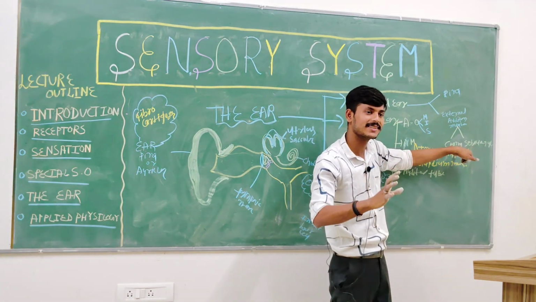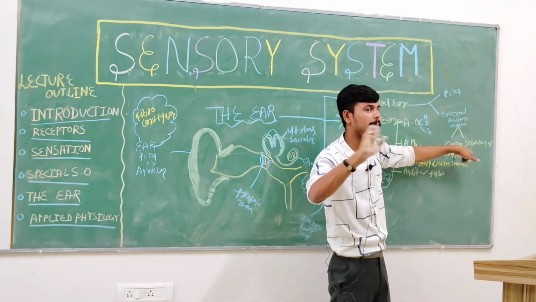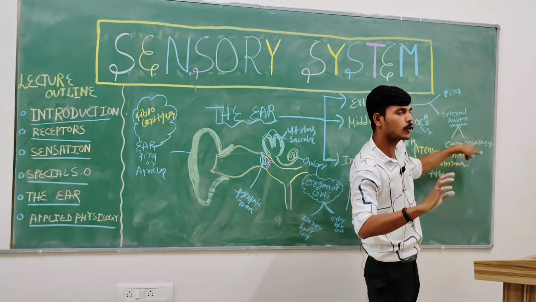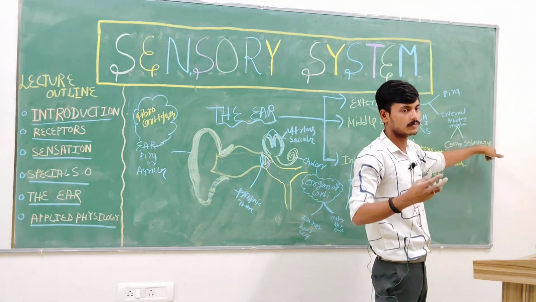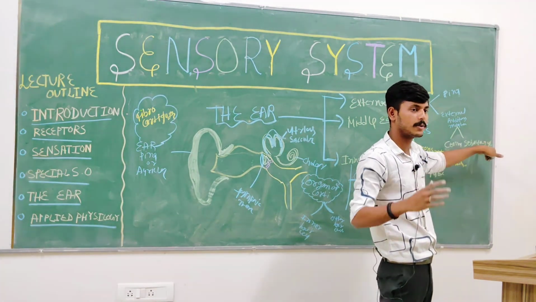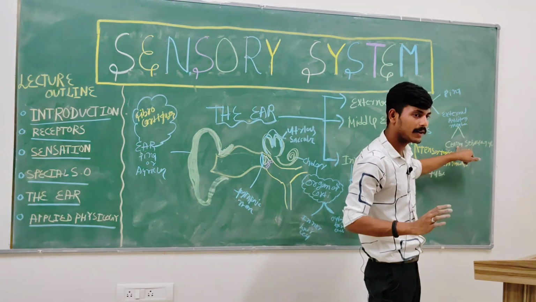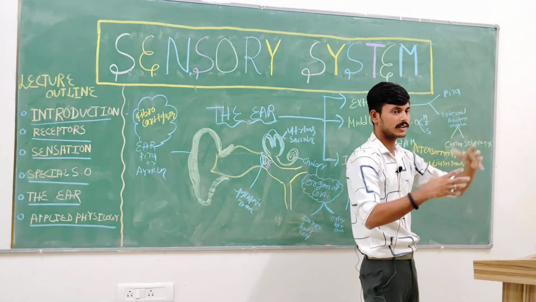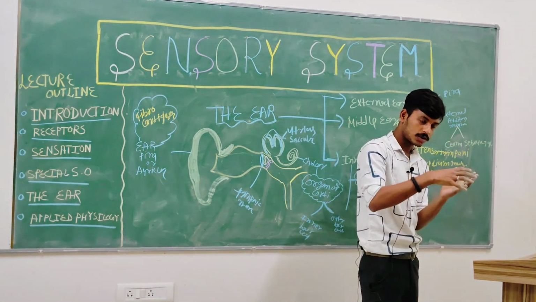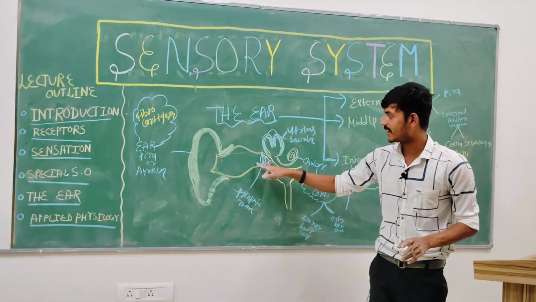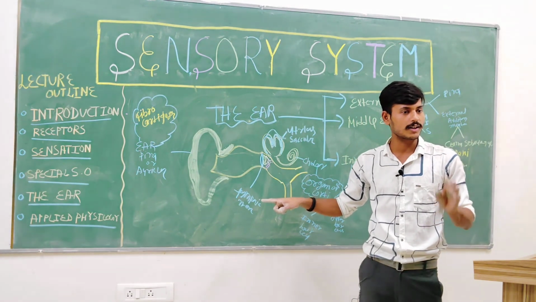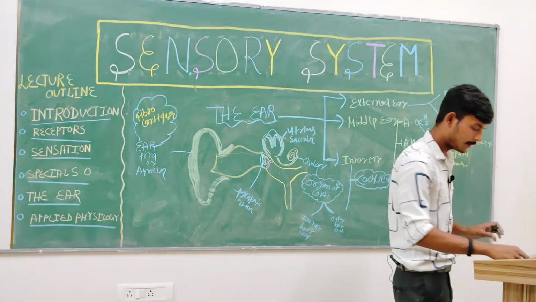The function of earwax is lubricating and trapping the microbes, or dust. The sebaceous gland also secretes sebum, which also helps in lubricating and trapping of microbes. Sometimes the cerumen is over-produced and blocks this area, and the person is unable to hear properly. That condition is called impacted cerumen,